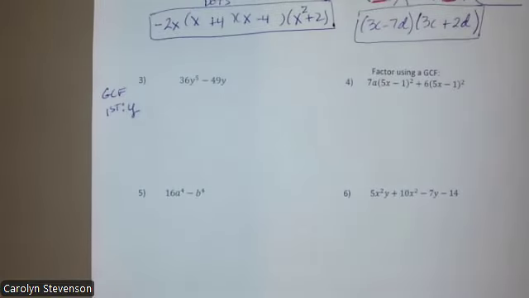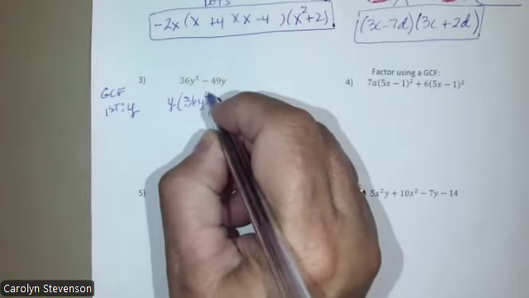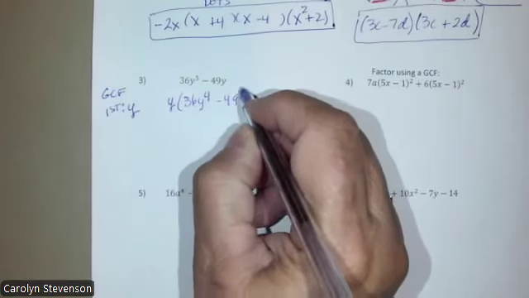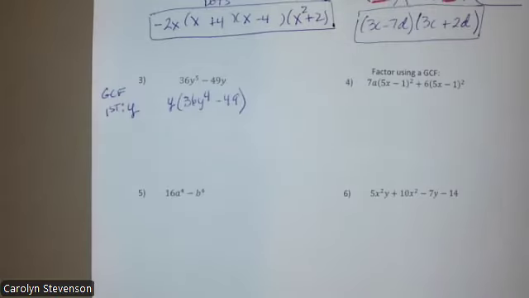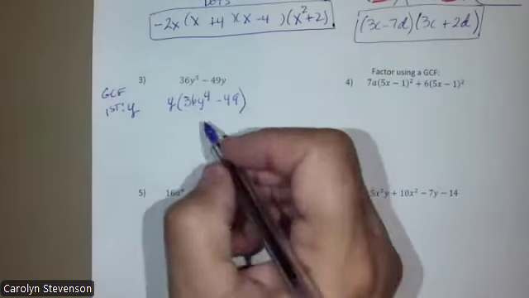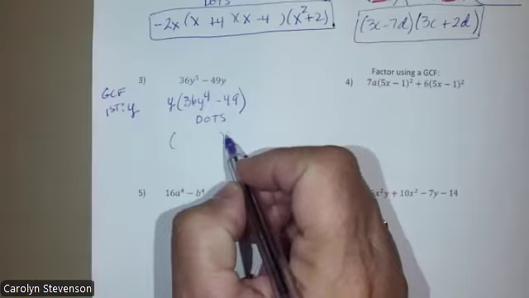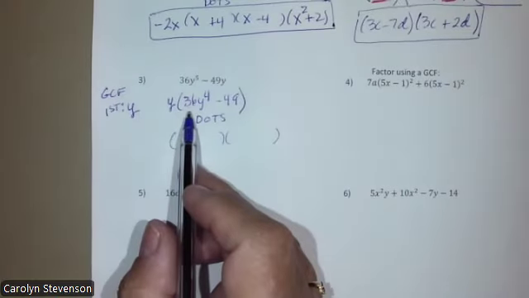of y. So that brings our exponents down by 1. 36y to the 4th minus 49. Now we have a difference of 2 squares. Those are the ones that just factor back to 2 parentheses. And we use